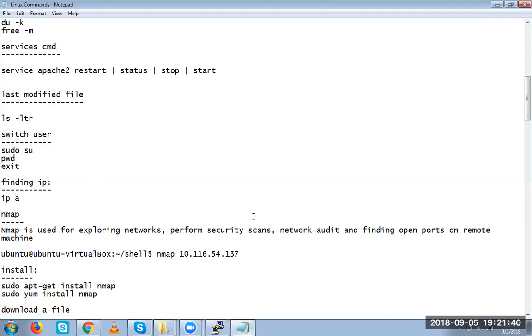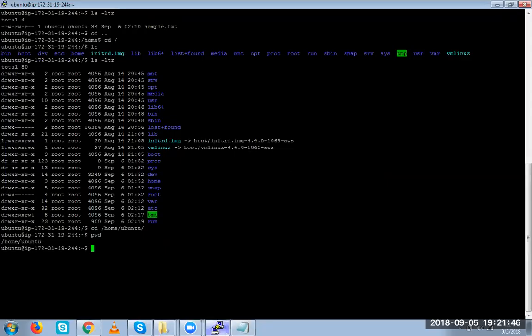For example, if you want to go to the root user, you can use sudo su. So now, for example, you want to switch from the Ubuntu user to the root user, you can use sudo